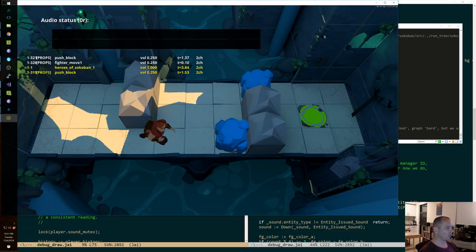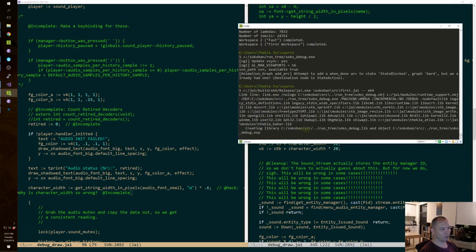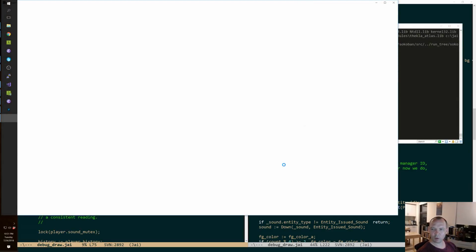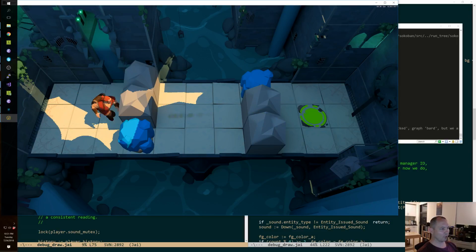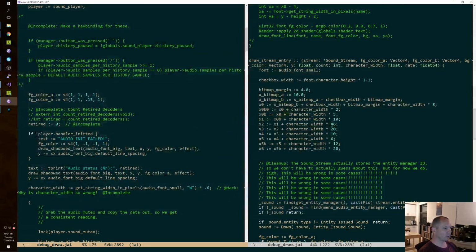All right, this is fine for now. Oh, it's a little too squidged. This is a stupid hack. We're just going to put an incomplete there. We'll figure it out later. We just want to get stuff on the screen right now. What backend am I currently using? X64. That's still not going to be quite enough, but